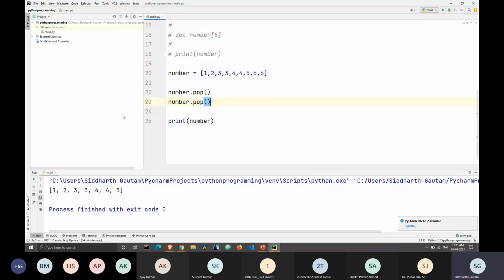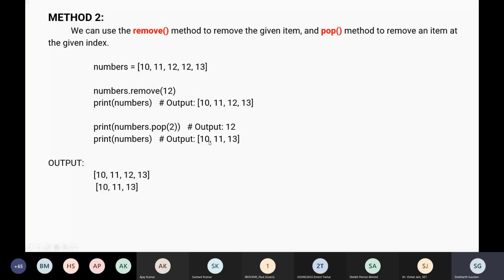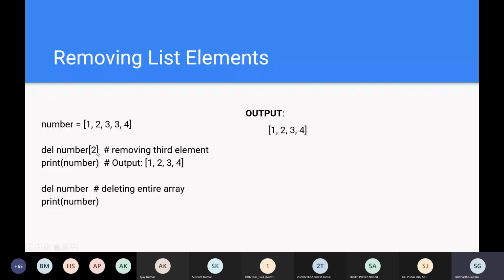And now let's take a look at the remove function. As you saw in the delete function, we are entering the index of the number that we are trying to delete. But in the remove function, we are just directly inputting the element that we want to delete.